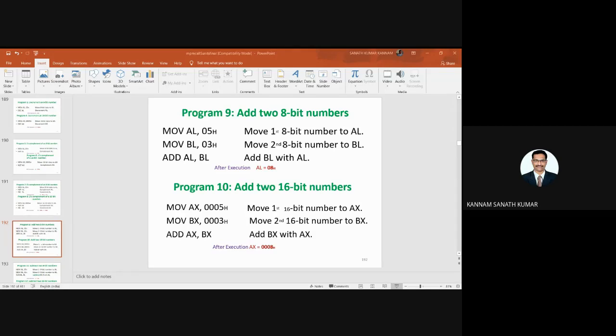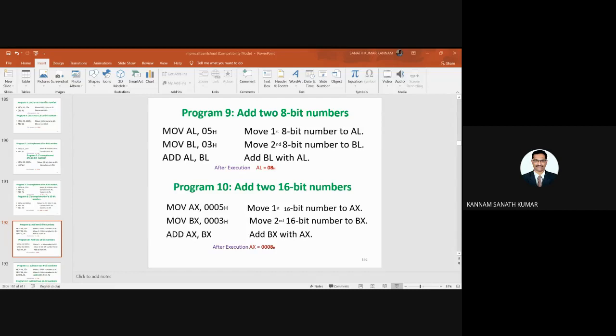So this is a program for 8-bit numbers, and program 10 adds 16-bit numbers. Move AX comma 0005H. So move the first 16-bit number into AX. Move BX comma 0003H. Move the second 16-bit number into BX. Add AX comma BX.